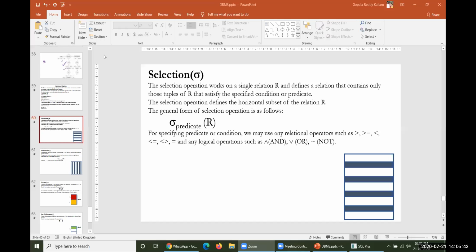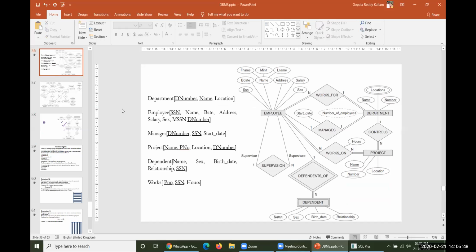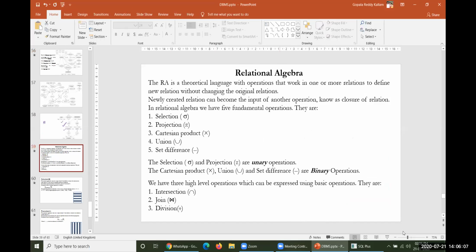And yesterday we completed how the physical design could be done based on the blueprint which could be given by anybody. Blueprint, in the sense, is the ER diagram, entity relationship diagram. Already we have seen that. And today we must concentrate on a very important aspect of database management systems, that is relational